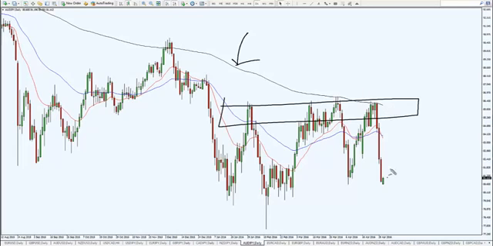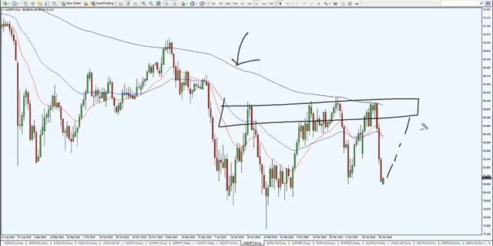Number three, let price retrace back towards this area of value. If it retraces, then you wait for an entry trigger. A pin bar, engulfing pattern, lower close, whatever you want is decided by you. The fourth thing you want is to set your stop loss, and the fifth thing is to set a profit target. So I hope the examples in these videos are useful in helping you understand what are the things